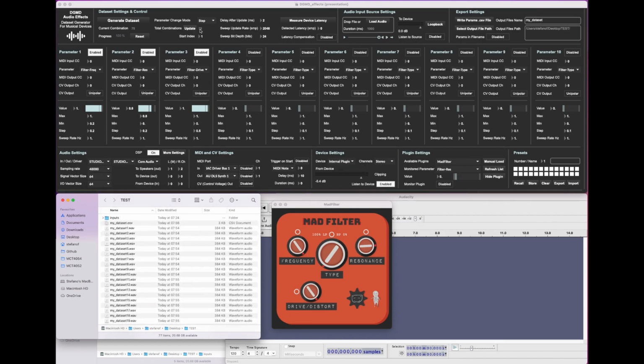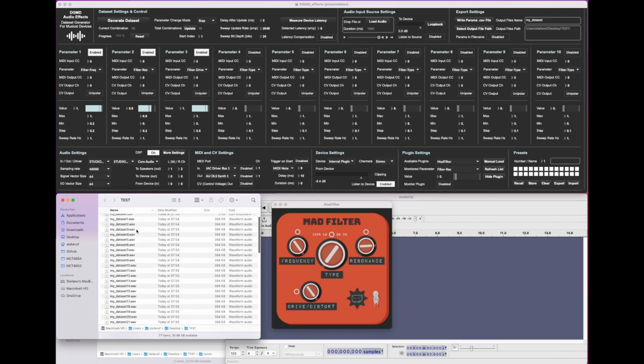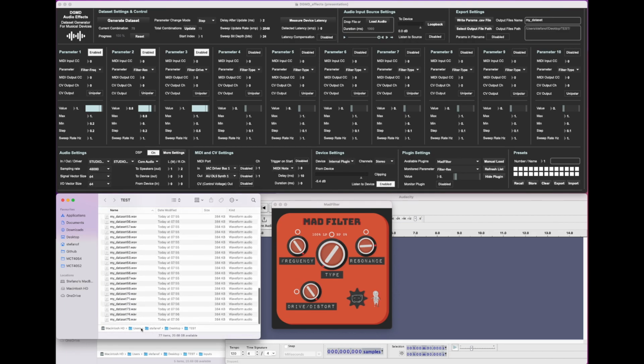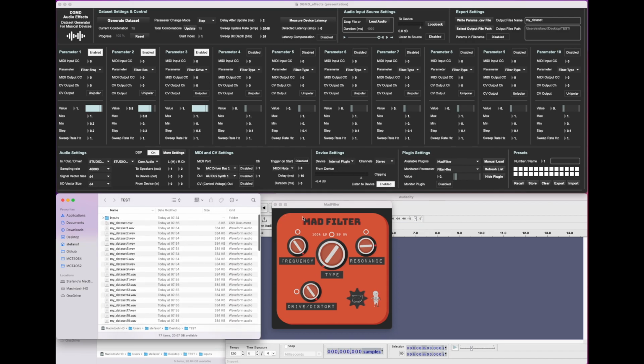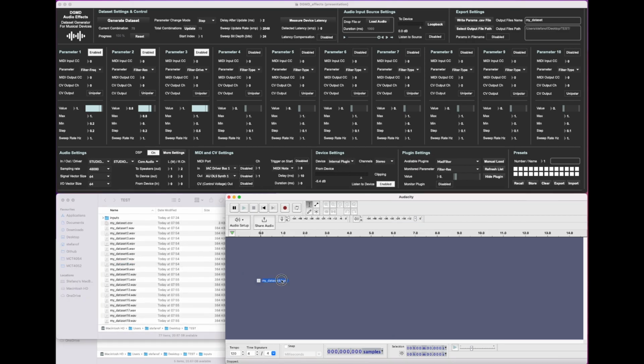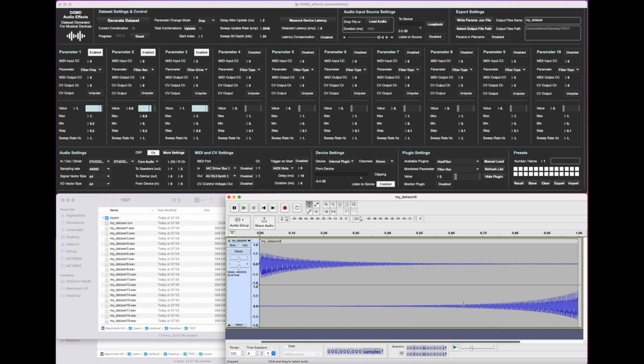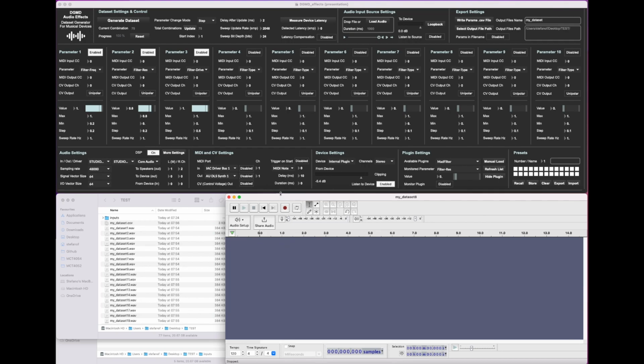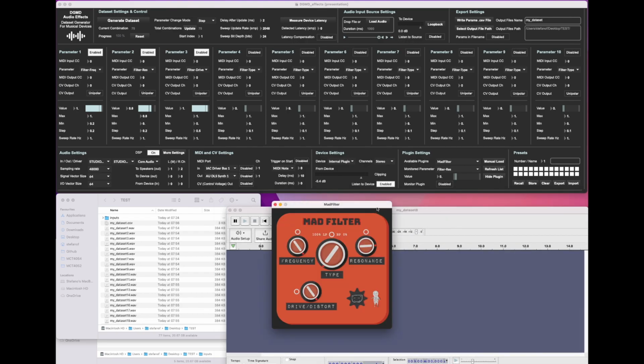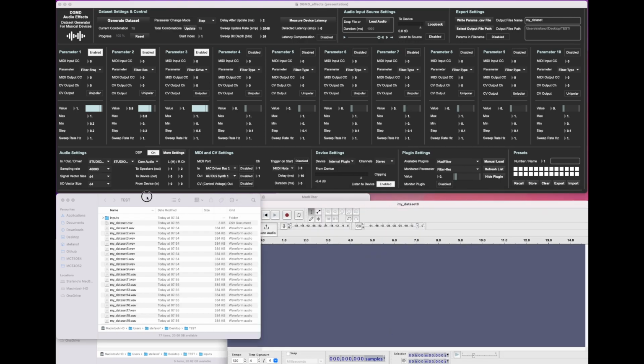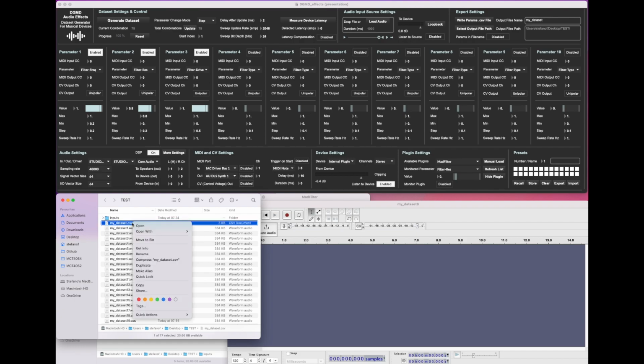So these 75 different combinations generated 75 different files from 1 to 75. So for example, if we open a file, this is what has been recorded. And if we look at this dataset,